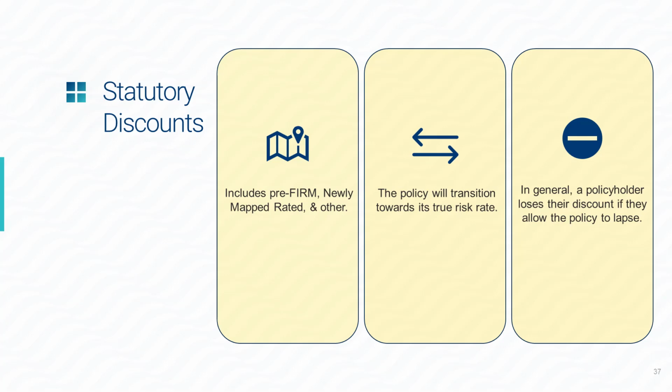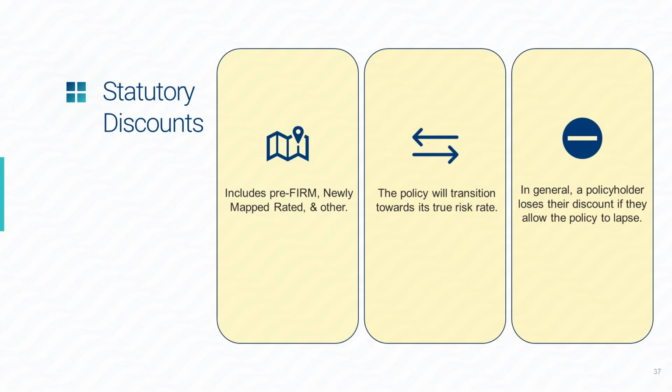So except for the emergency program discount, all policies with these statutory discounts will gradually phase out through an annual glide path up until that policy reaches its full risk rate. So the discount for the emergency program will continue until the community joins the regular program status. Now, what I just stated is that these discounts will gradually phase out through the policy glide path. Again, what I mean by glide path is that policy will gradually increase each year until it reaches the full